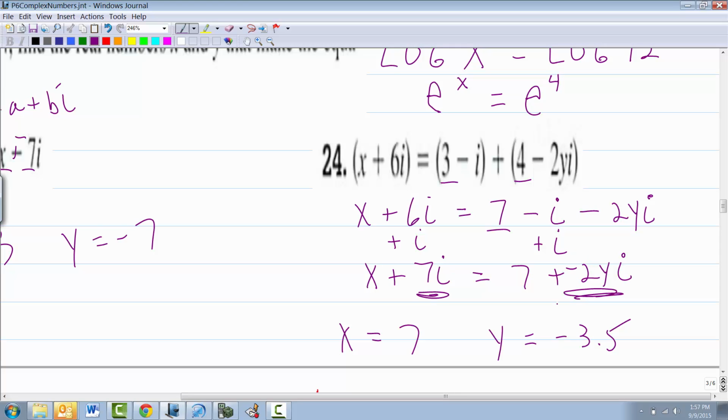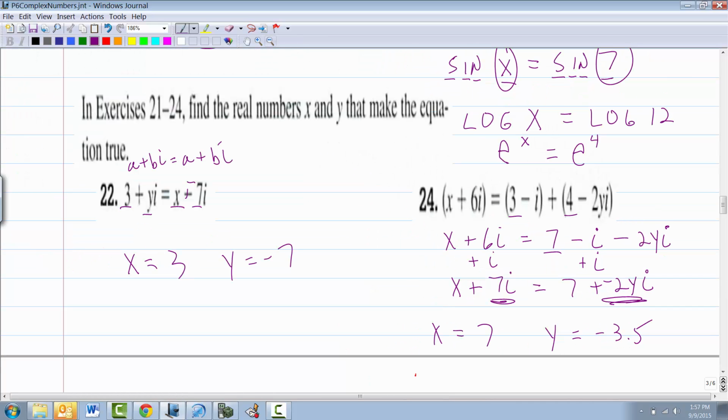And what happened for this? You just set these two equal. Negative 2y equals 7, and then you go from there. So this is weird. I don't want you to confuse this. This is unconventional for sure. This is not your standard, how do I solve an equation? Whatever I do to one side, I do to the other. It's not really what's happening. You're doing a lot of matching.